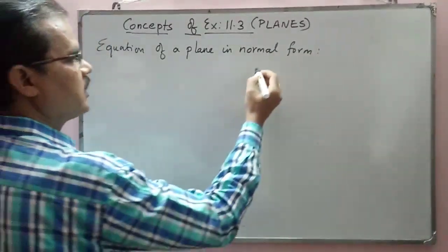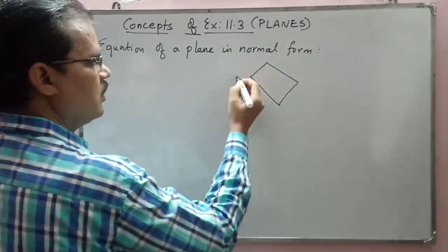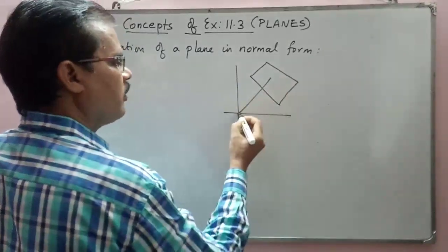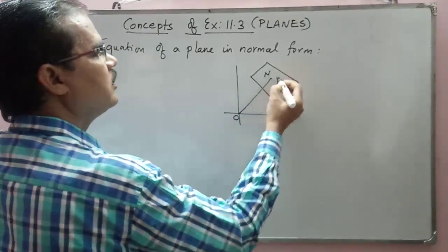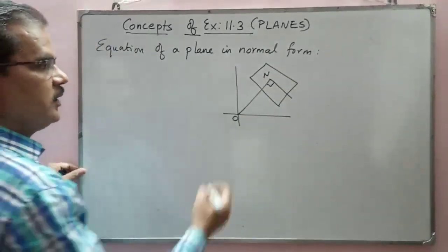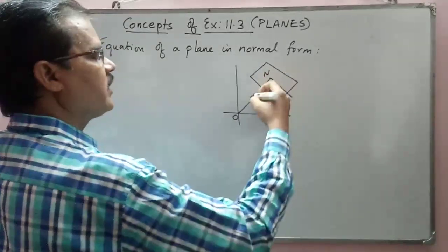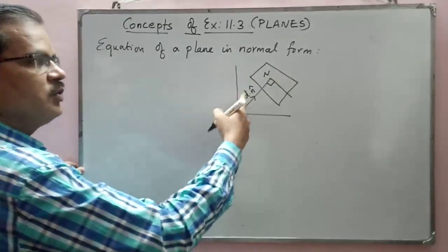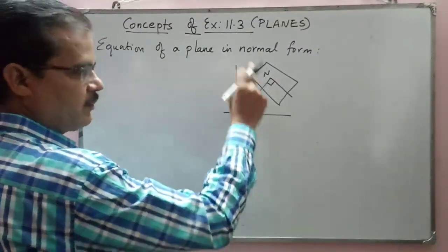Okay. Consider a plane. Draw a perpendicular from the origin to the plane. Let this be the ON vector, and the unit normal of this ON vector be n cap. We know every vector has magnitude and direction. This ON vector's distance we have taken as d, and the unit vector direction is n cap, so ON vector equals d times n cap.